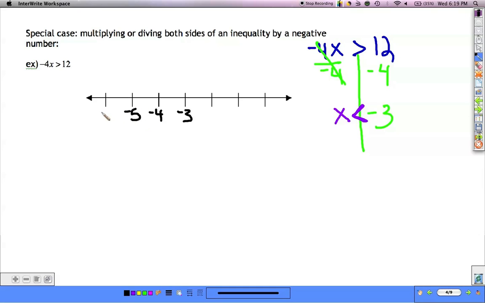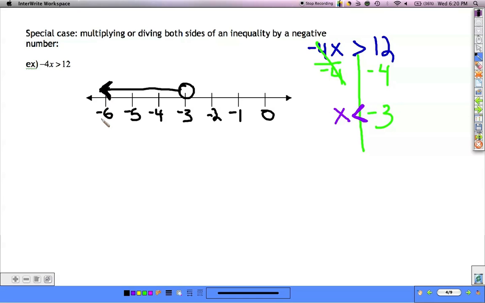It's going to almost look like you're counting backwards, but they're negative. On the right-hand side, we'll have negative 2, negative 1, and 0. And it's going to be an open circle because this is just less than, and x is going to cover all of the values less than